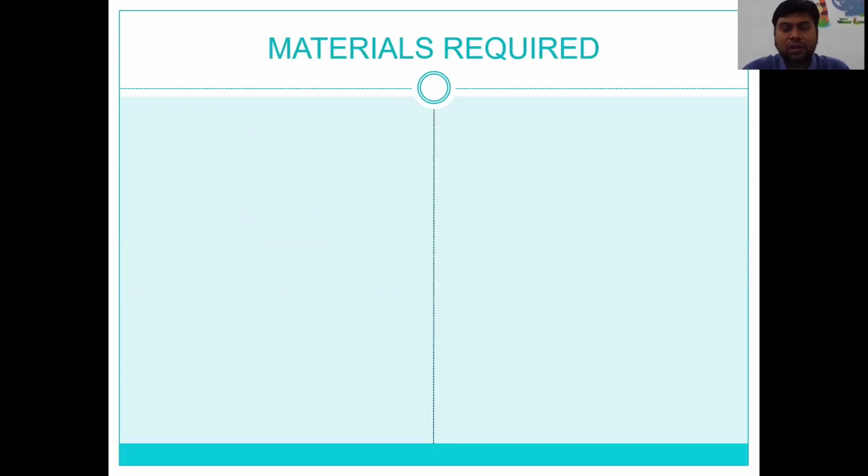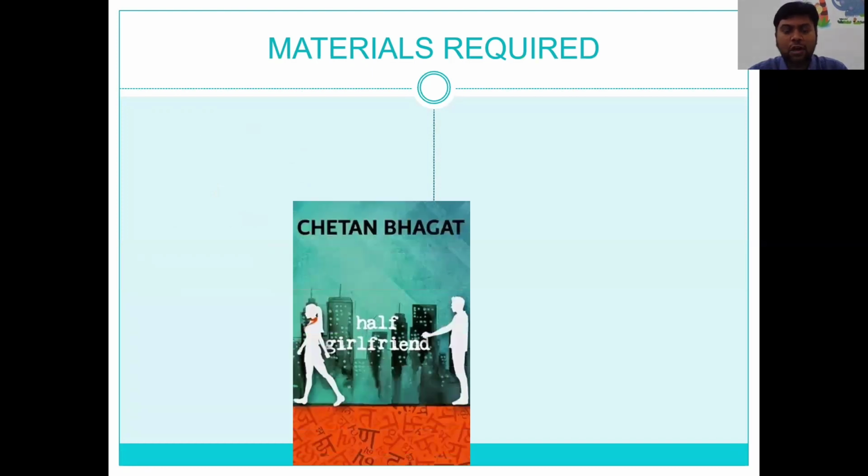Not only for molecular translation, even for normal translation, we need a few things. To start with, suppose let us assume that I'm going to translate an English novel into Telugu. For that, first I need the proper English novel which I am going to translate. So this acts as a template for the translation process.